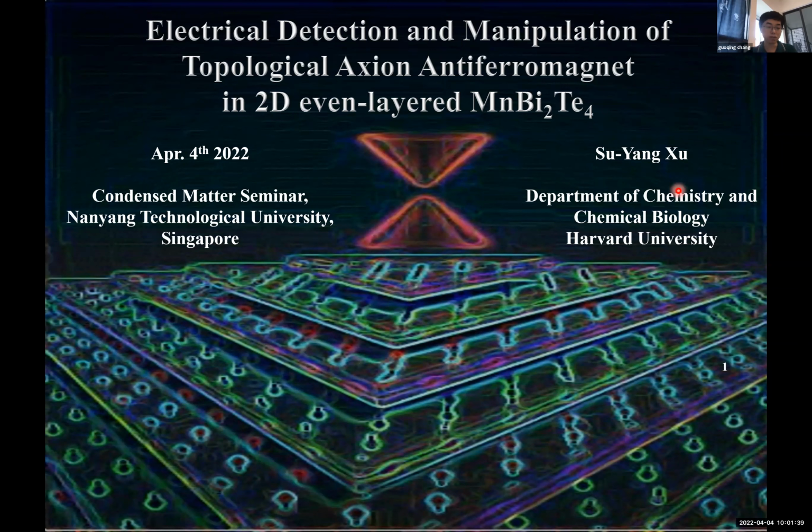Professor Su-Yang Xu received his PhD in the physics department of Princeton University under the supervision of Professor M. Zahid Hasan. During his PhD, Professor Xu experimentally realized a wide range of new topological physics of matter, including the discovery of the Weyl semimetal in TaAs, which was selected as a top 10 breakthrough in physics in 2015. In 2016, Professor Xu moved to MIT Physics for a postdoc under the supervision of Professor